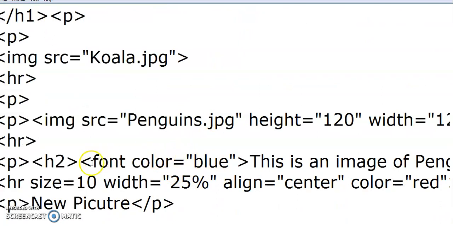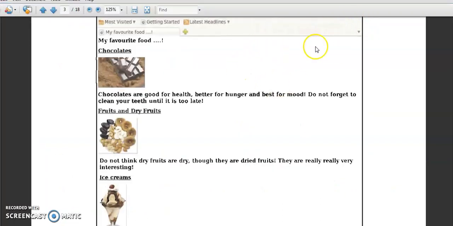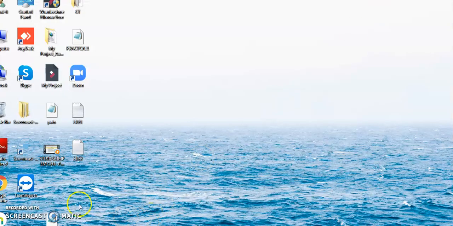Next, font color. At first we see the output of this file. This is our textbook sample and this is our coding sample. See, our coding is, so this is our output file.